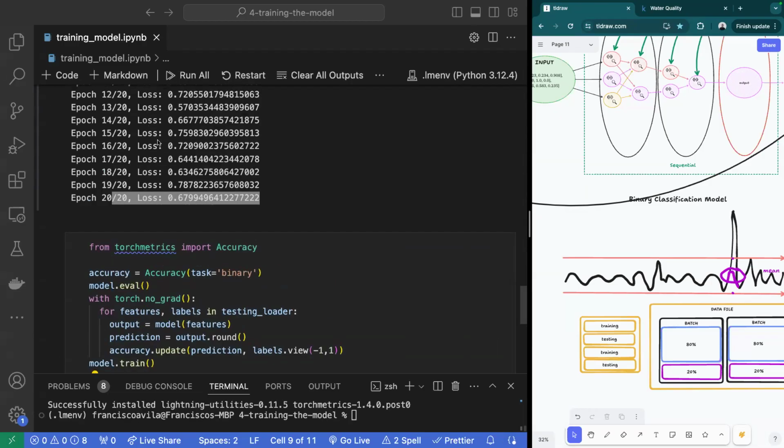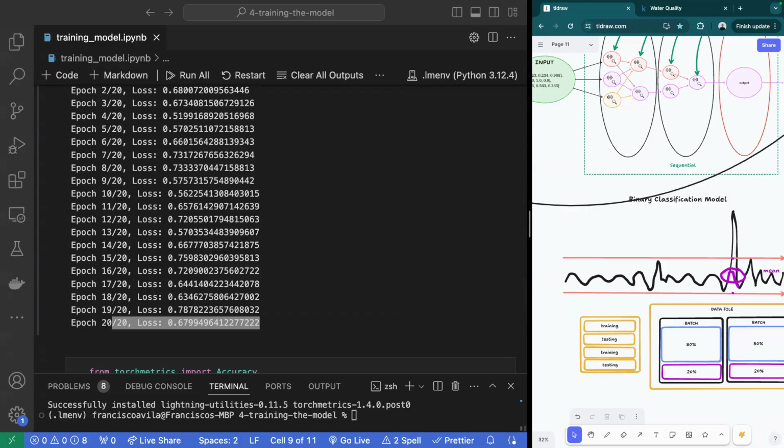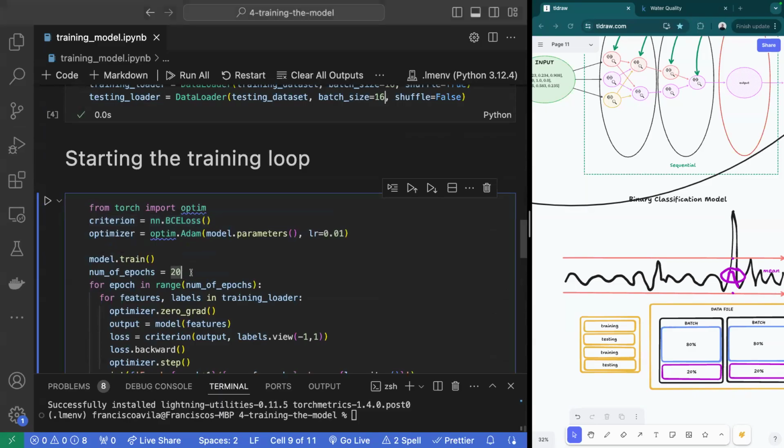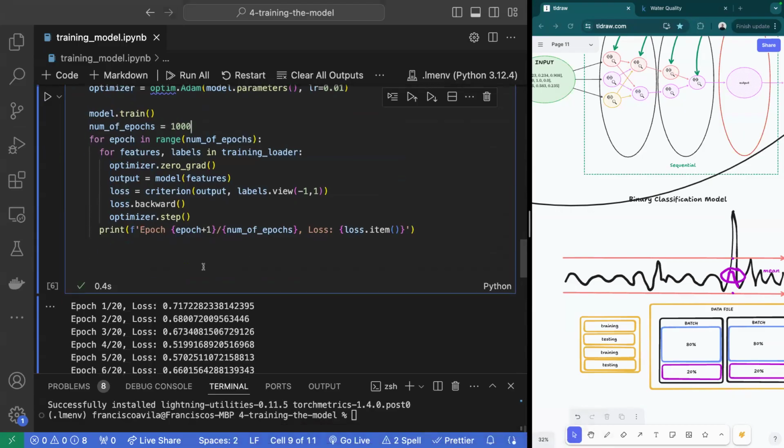All right. So let's see what happens. I'm actually going to try to close a couple of windows here before I run this. And if you're on an older PC and you are trying to keep up with me, please do not execute this block of code that I'm about to execute because it's going to take a little bit of time. So rather than running 20 epochs, I'm going to run this through 1,000 epochs. And instead of printing every single one of these, I am only going to print this